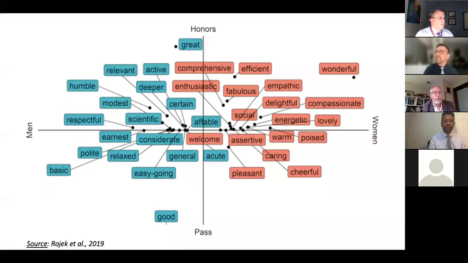So this was a study that was conducted at University of California, San Francisco and Brown, so two medical schools. And it was a study of whether there were systematic differences in language used in narrative evaluation of female identified and male identified students, and between students who are underrepresented in medicine, URM, and those who are not underrepresented in medicine.